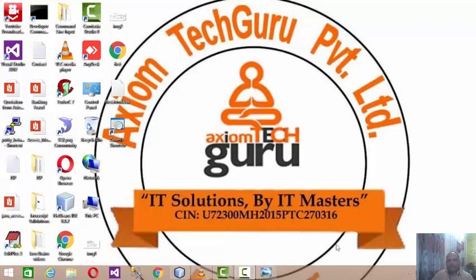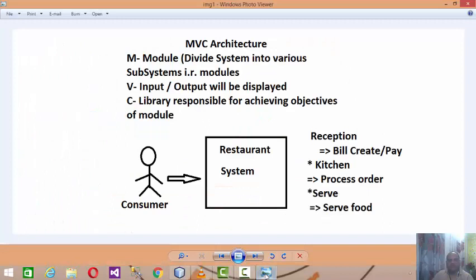In today's session, we are going to discuss MVC architecture. Now, MVC architecture, where M stands for module, V stands for view, and C stands for controller. MVC: module, view, and controller. Right. So now,